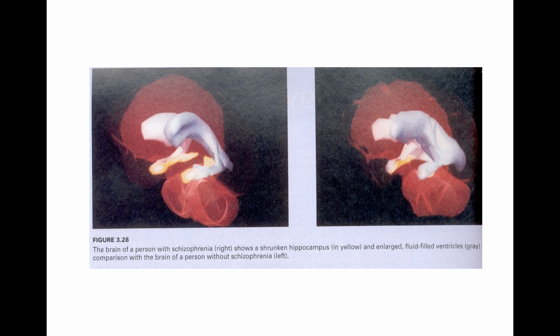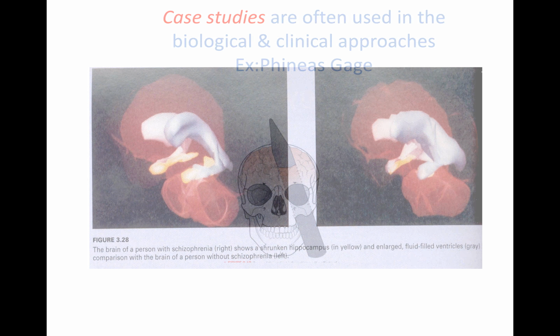What you're looking at in the white are ventricles, which are actually holes in the brain through which the cerebrospinal fluid circulates. By comparing the two pictures, you can see the brain of the schizophrenic on the right has enlarged ventricles relative to the non-schizophrenic brain, and also that yellow area, which is the hippocampus, extremely important in new memories, is smaller in the schizophrenic brain. One way to approach severe mental illness would be to look for physical differences in the brains of people who are suffering from the disorder and compare those to the brains of people who are not.